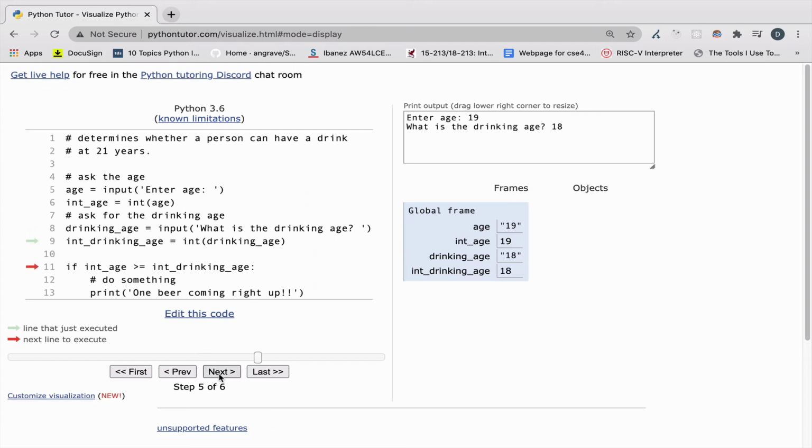Now, here, the age of 19 is greater than the drinking age of 18. So notice what happens. Python will now come to line 13 because this condition on line 11 evaluated to true, and so it will execute whatever is on line 13, and so we have one beer coming right up as